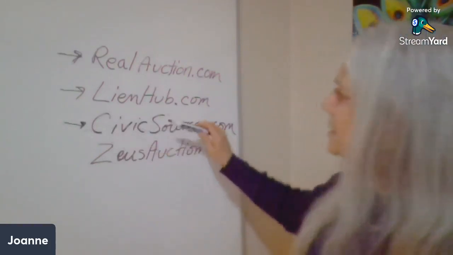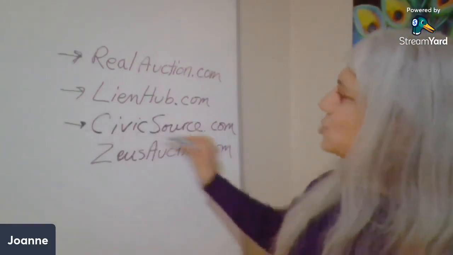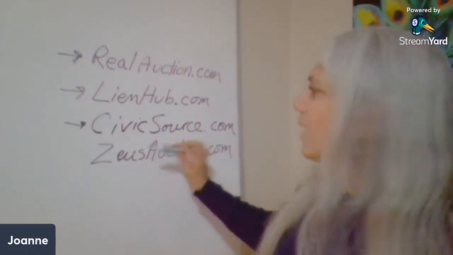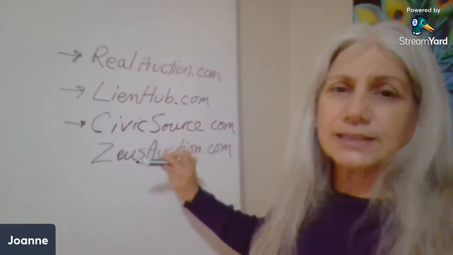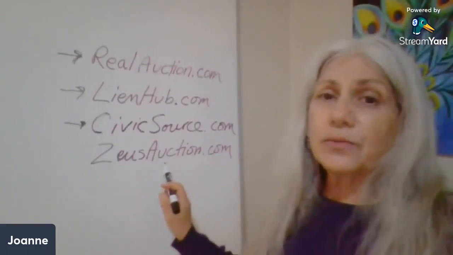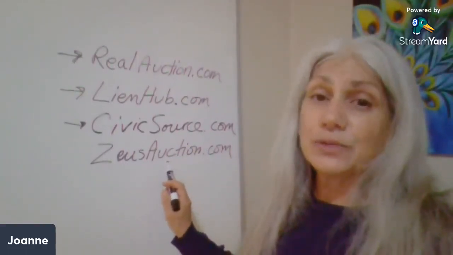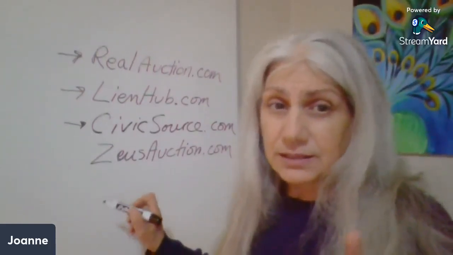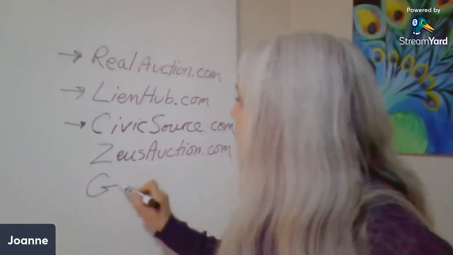See, the thing is that these sites might start with one state and then they want more business. So they go out to other counties and other states and try to get their business. Zeus Auction does, by the way, some of the Iowa sales, but then you've got the new kid on the block,